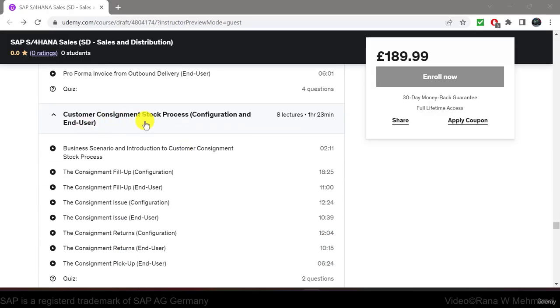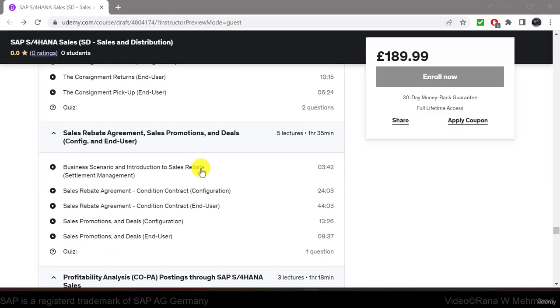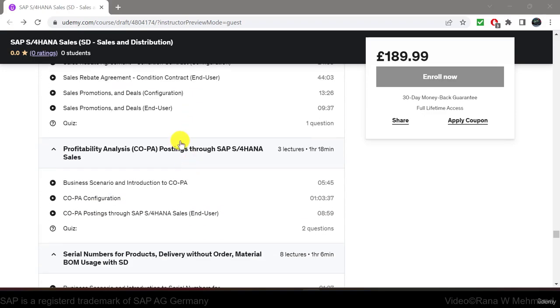Then I will demonstrate the customer consignment stock process along with its configuration and end user activities, and this covers consignment fill up, consignment issue, consignment returns, and consignment pickup. Then I will demonstrate the process of sales rebate agreement, sales promotions and deals along with their configuration and end user activities. Then we will do the configuration for profitability analysis, where the postings are made through SAP S/4HANA